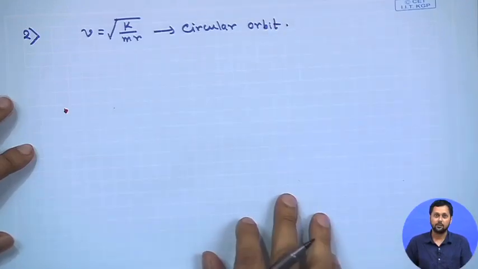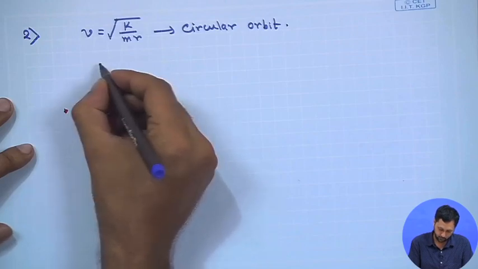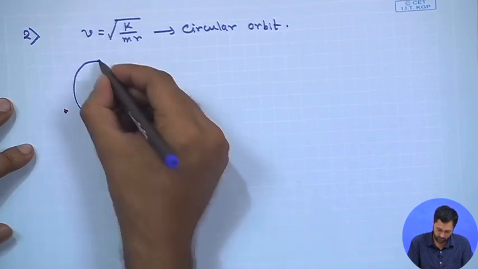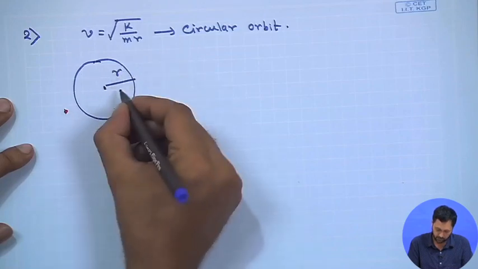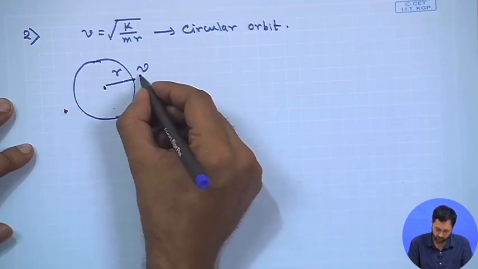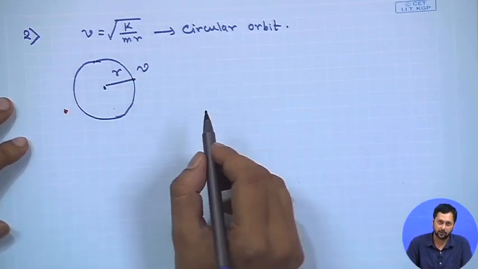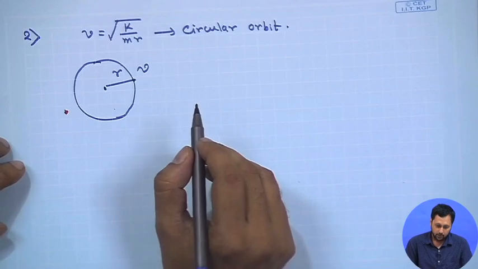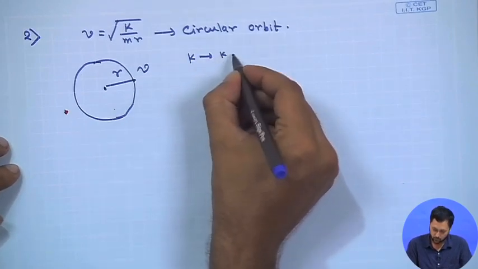So, we have a circular orbit with radius r, and at any point we have this velocity or speed, rather we should call it speed, because that is technically more correct. Now, if k goes to k by 2,